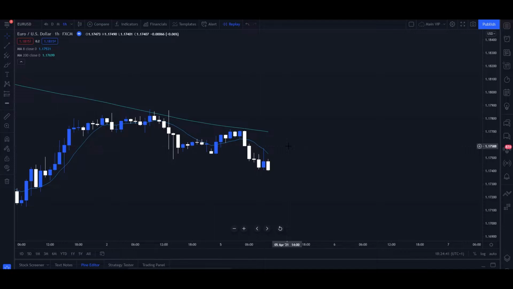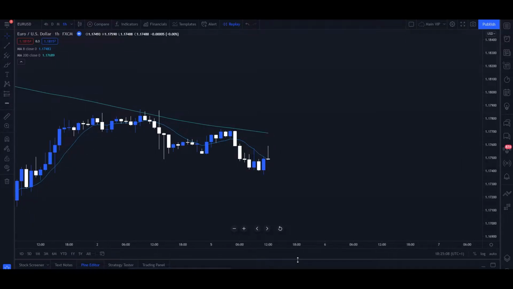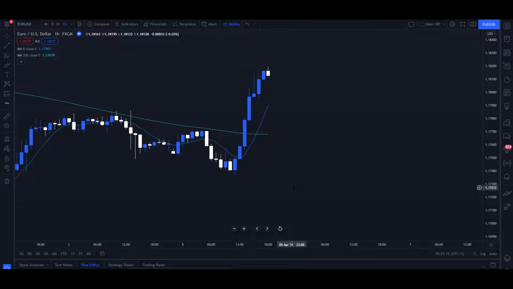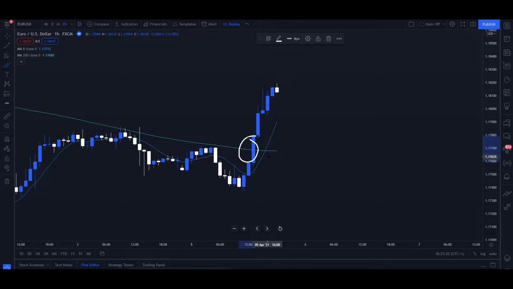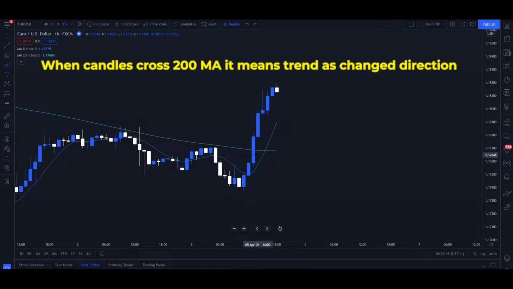Now, to use this strategy properly, we ideally want to wait for a 200 moving average cross before we do anything else. So let's just play the tool and see what happens. And as you can see, a nice cross of the moving average has happened over here with a nice bullish candlestick. Now this is where we ideally want to focus on our charts, and we want to be looking for an entry position, right? This moving average crossover with a nice candlestick tells us that the trend has now swapped